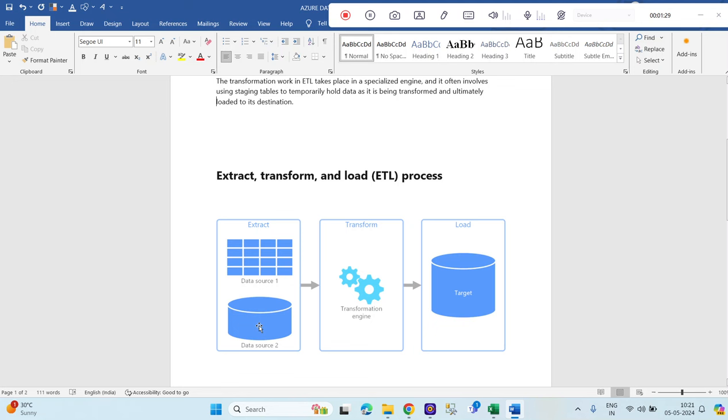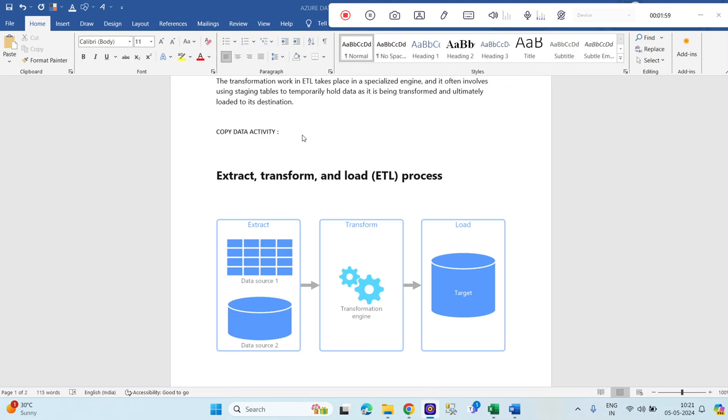So for all these different activities, you can say copy data activity, right? One copy data activity to extract data from the Excel file, and another copy data activity to extract data from the database table. So two copy activities you can imagine in the